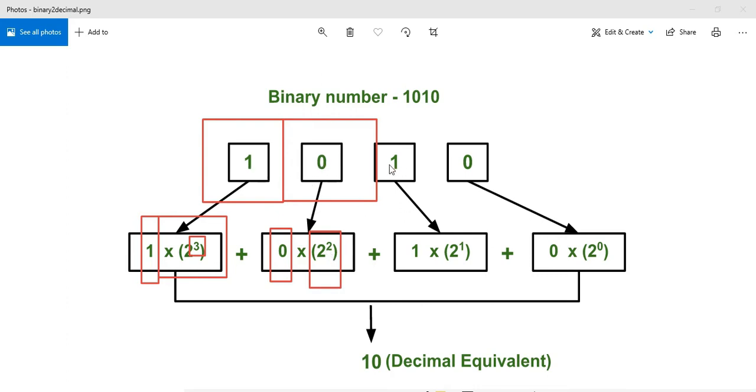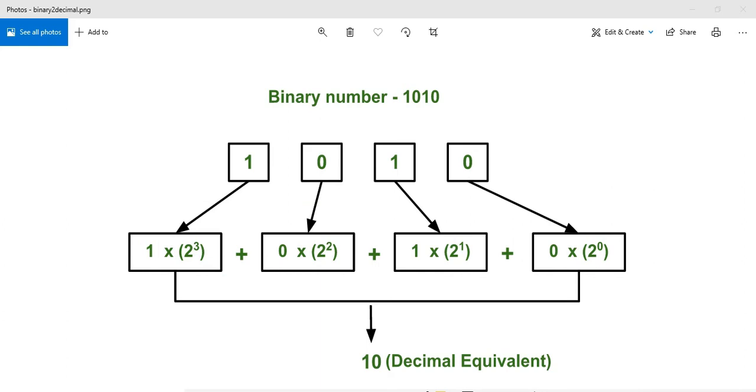Here the total number of bits is 4. In this place we have to just subtract 2 from the total length; 4 minus 2 will give 2. And similarly in this case, 4 minus 3, because this is the third position bit, will give 1. We just have to multiply each bit by 2 to the power 1 less than the position of that bit. Let's do the same calculations in QBasic.